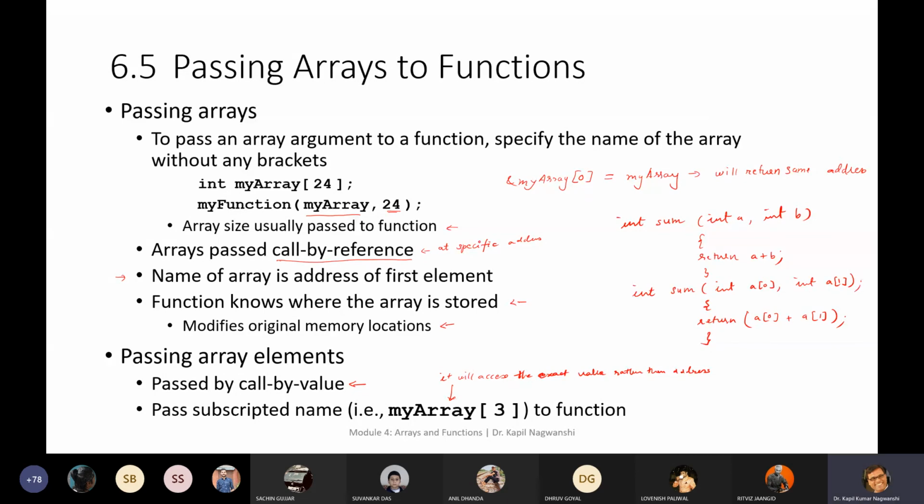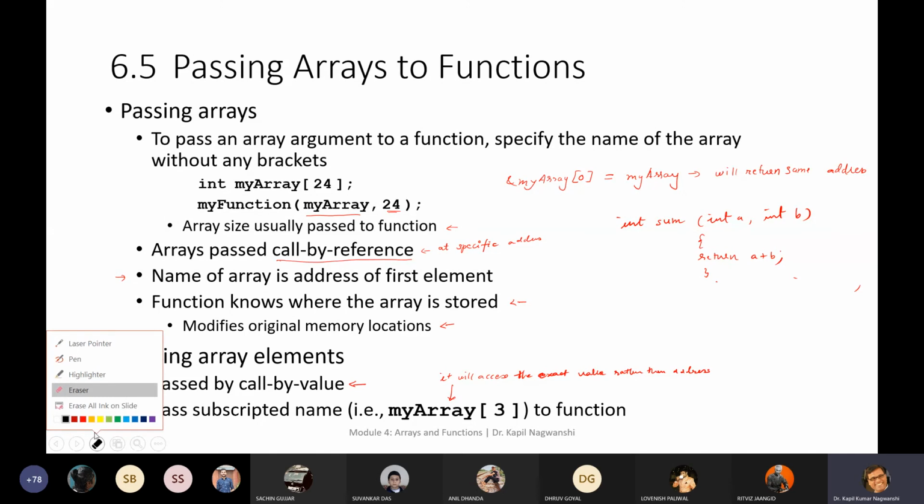Fine. But this is a wrong declaration of a function. Actually, you can pass the value. You can pass the same value here. So you can call like this, but you cannot declare the function like this. So let me erase this. This is not the way. How do we call? That is very important. Now, if you are calling this function, it is okay.